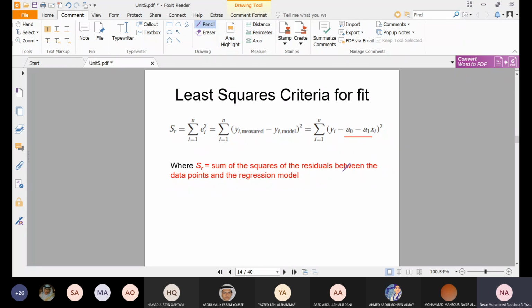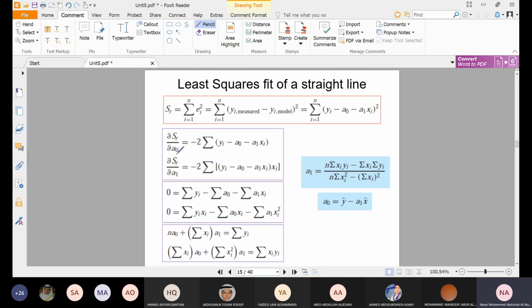That means we'll take the partial derivative with respect to these coefficients. This is the equation, and this is the error that we have. If we want to find the values of the unknowns, we'll try to minimize this equation by taking the partial derivative with respect to A0 and setting it equal to 0. And then I will take the partial derivative with respect to A1 and set it equal to 0 as well. And then I will rearrange